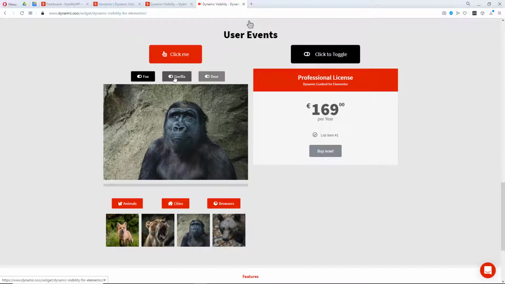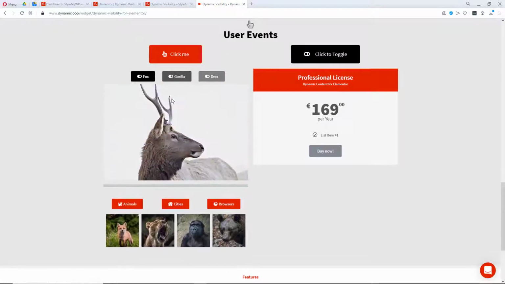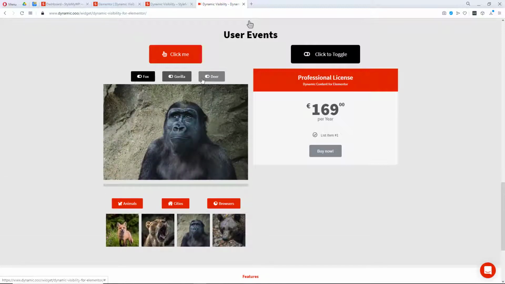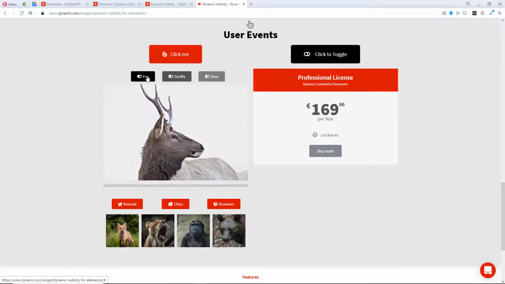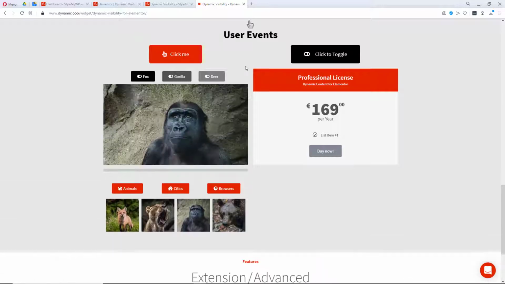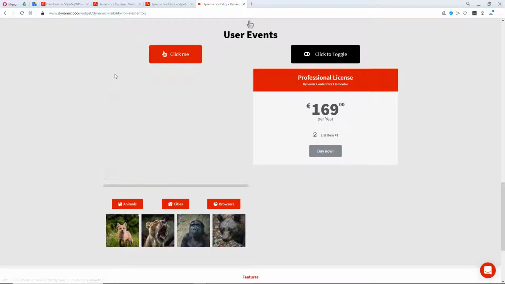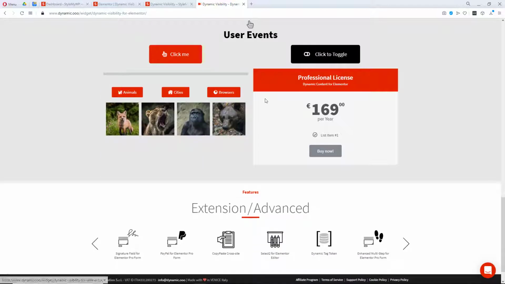You have to hide the other content when you click on any tab. So when you click on deer, the fox and gorilla disappear. So how to achieve this kind of animation? When you click this, the whole animation fades away. We will talk about this only.